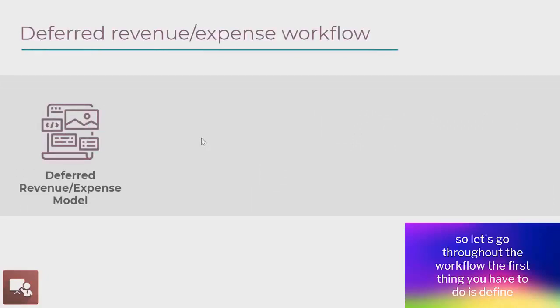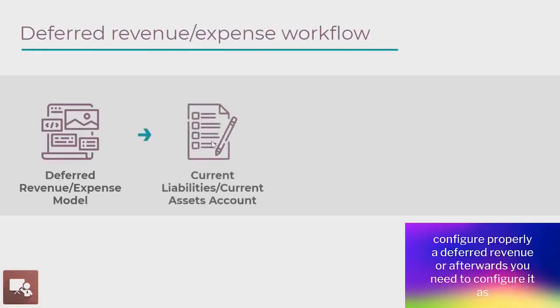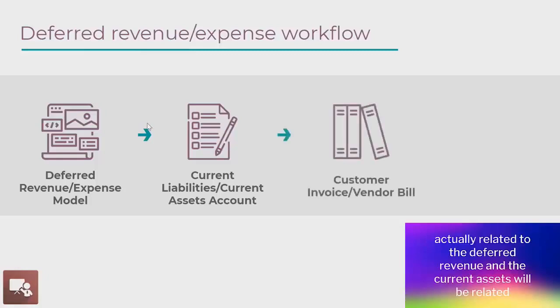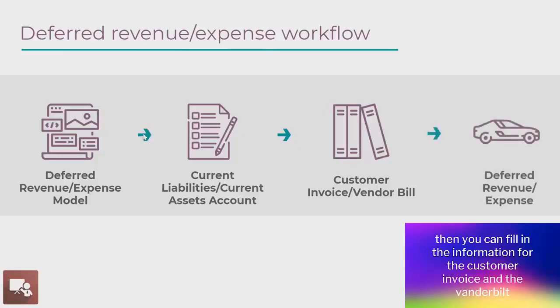over the next fiscal period. In Odoo, the process is quite similar to assets. So let's go throughout the workflow. The first thing you have to do is configure properly a deferred revenue, and afterwards, you need to configure it with the related current liabilities and current assets accounts, so the current